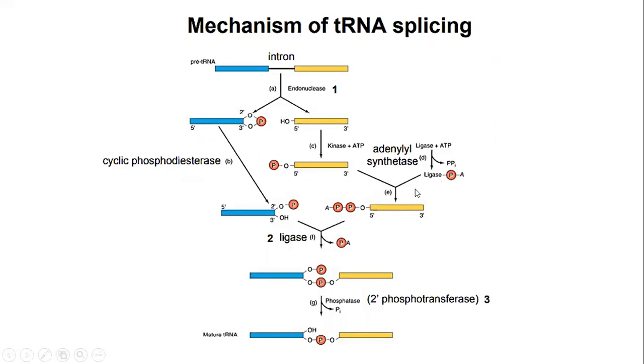and it is attached with the 5' hydroxyl group, and this adenosyl diphosphate 5' hydroxyl group is now created by the action of adenylyl synthase, and this phosphate group is attached with the 3' OH group of another exon with the help of ligase. And this ligation reaction typically joins these two segments, where the 2' phosphate group is there, and this is the gamma phosphate basically, which is removed by the action of 2' phosphotransferase activity to create the mature tRNA.